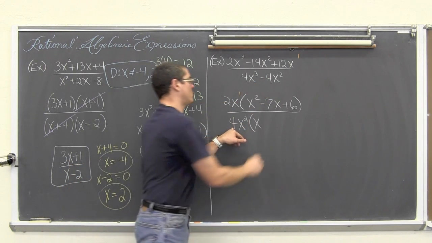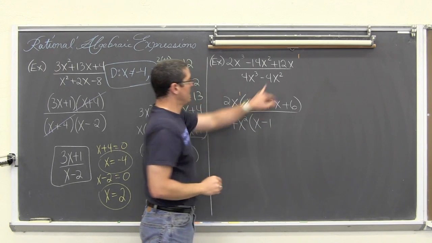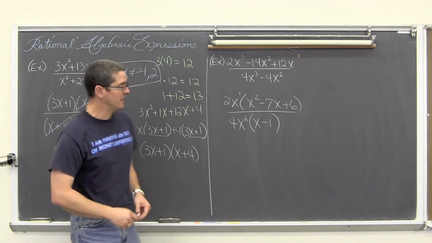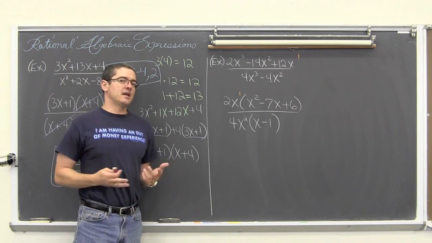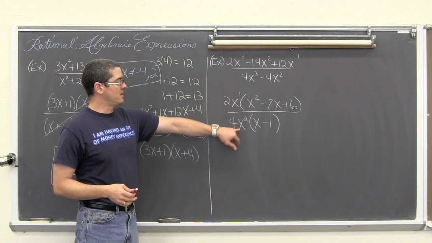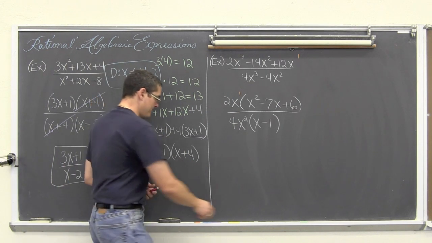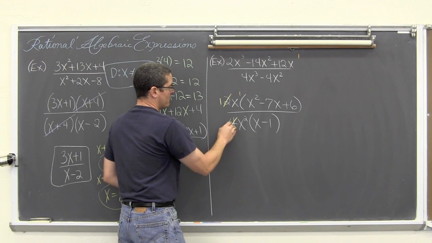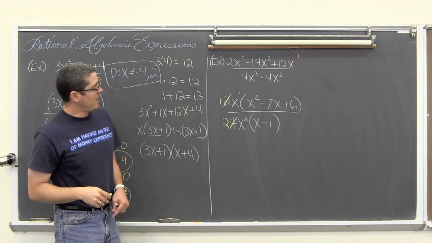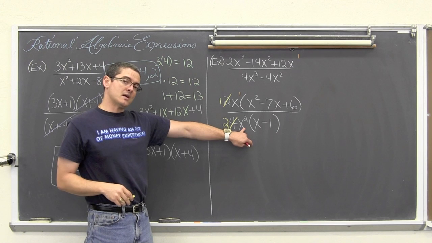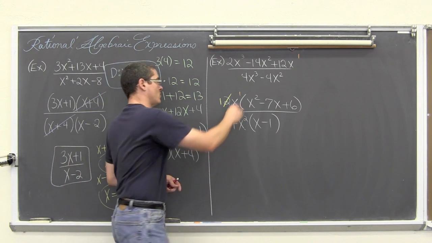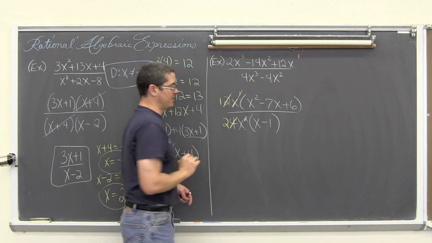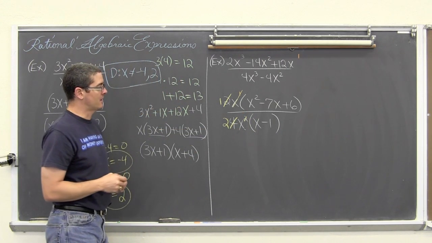Again, 4 divided by 4 is 1, but it's negative, so negative 1. X squared divided by x squared is also equal to 1. So I factored the numerator and denominator, and some stuff is going to cancel here. Let's go ahead and do that. 2 divided by 2 is 1, and 4 divided by 2 is 2. And we have 1x here and 2x's down here, so one of these x's is going to cancel with one of these 2x's down here, so we're going to be left with 1x in the denominator.